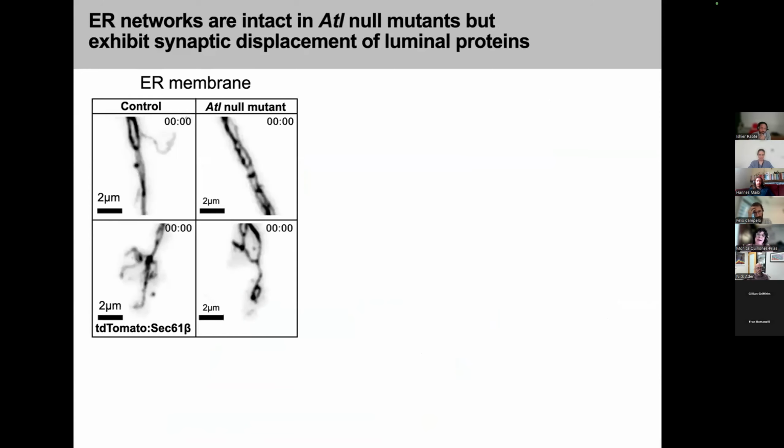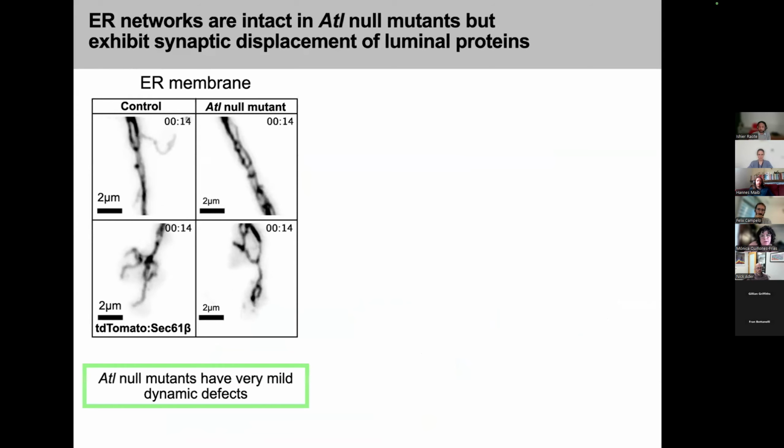And so I labeled the ER membrane using this tdTomato-Sec61 beta marker. And on the right, I hope that you can see that these Atlastin mutants actually have robust ER networks compared to controls. And we also looked to see if there were any changes in dynamics. And actually, to our surprise, we found that Atlastin mutant ER, synaptic ER, doesn't really have a lot of defects, which was super surprising to us because as an ER shaping protein,